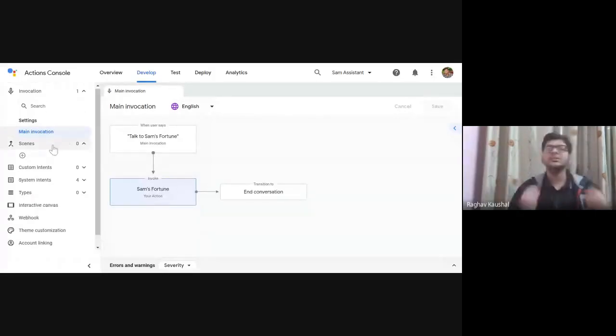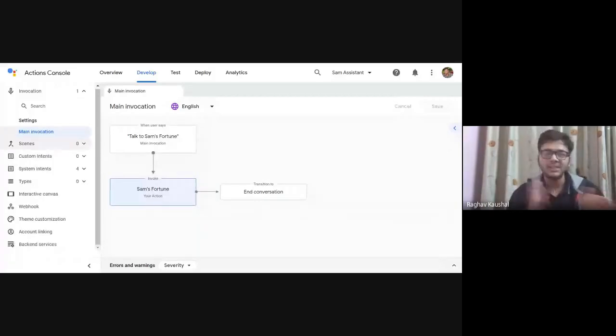And like the scenes which I told, we'll create different scenes, so that first one scene will happen, then it will ask the user what you want to do, and that will go to another scene. So whenever you say, "Hey Google," a prompt is given that, "Hi, what can I do for you?" Then you will say, like, "What is the latest news for today?" So it will go to another scene where you'll get the play cards for the news and everything. So I guess you got what scenes are.